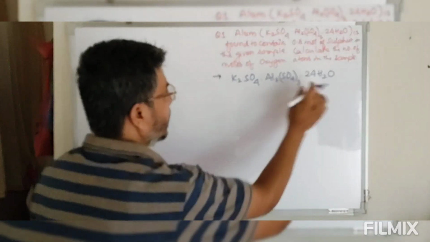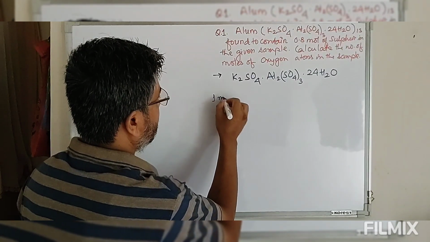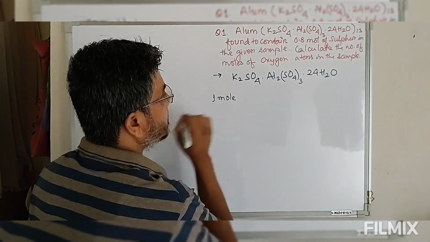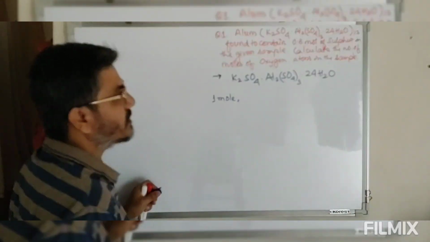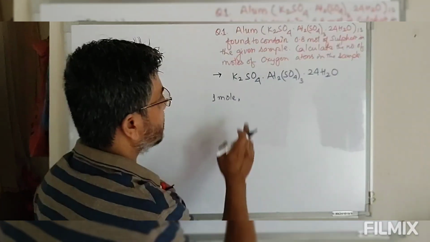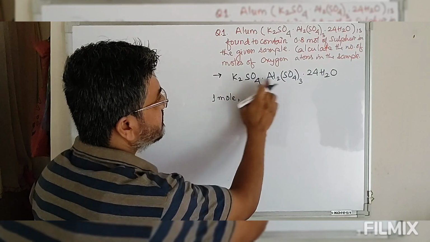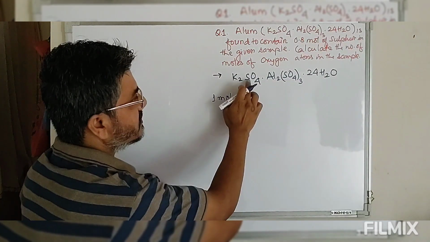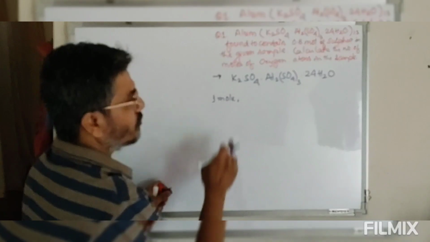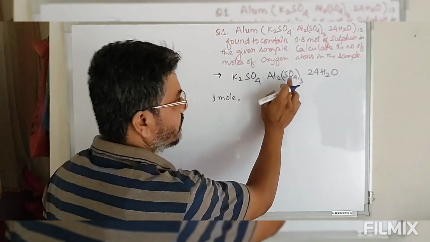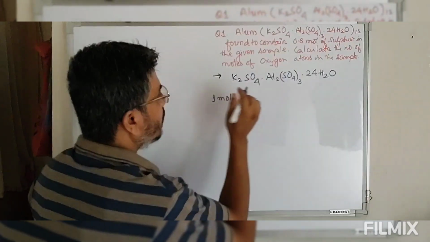Now, if you look at this 1 mole, take this 1 mole. 1 mole of this sample contains how many sulfur? Look at this. One molecule contains 4 sulfur, 1 sulfur here, 3 sulfur here. So if one molecule contains 4 sulfur, then 1 mole will contain